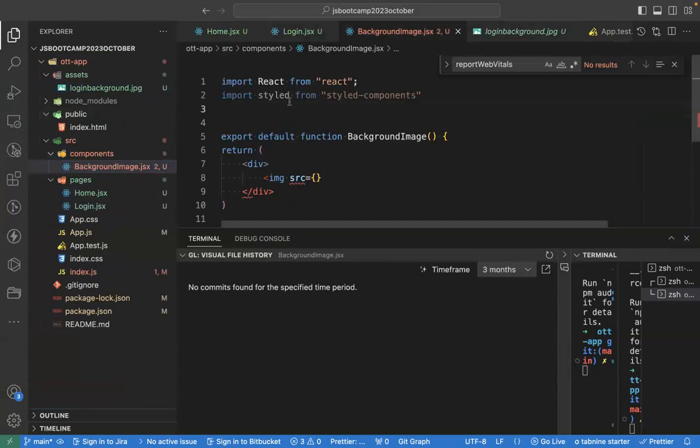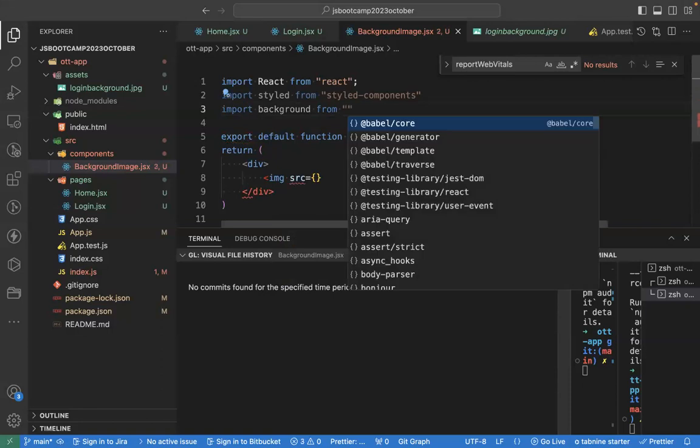What I would say is you can even import your images inside your components with the import keyword. Okay. So go here. Here I would say import background from. So here observe something. Now where is my image? It is in my assets folder. If you observe carefully,